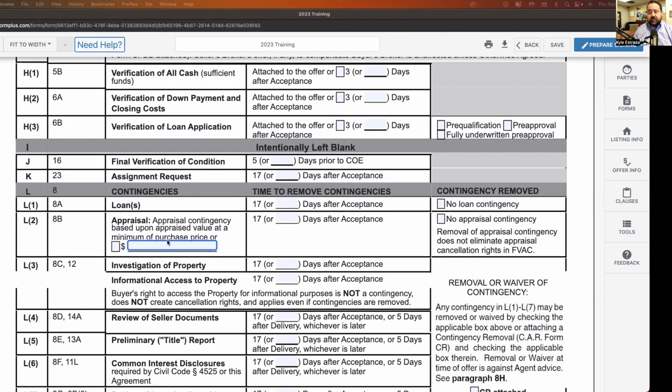That becomes a conversation. If I'm writing an offer and I'm advising you guys how to write offers and write them well, I would not voluntarily do that as a tactic in my offer writing and presenting. Okay. So that wouldn't be my choice. I wouldn't say to my buyer, hey, listen, what we're going to do to make our offer stronger is remove this appraisal altogether. I wouldn't.